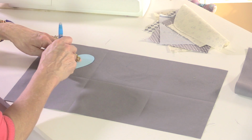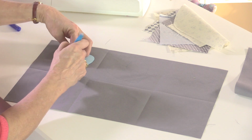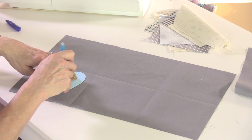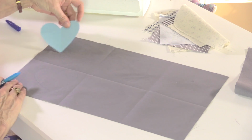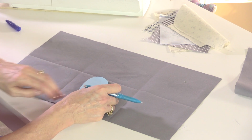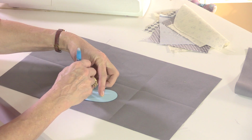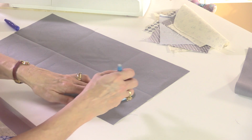Not too close to the edge because you're going to have a seam allowance around here where the bias tape's going to go, so we don't want to draw over the top of that. Obviously the crease marks where these boxes are will disappear, so if I wanted to overlap those, then I could put one over here or wherever I like. Let's have one a little bit like that. And then just 2 more at the end,